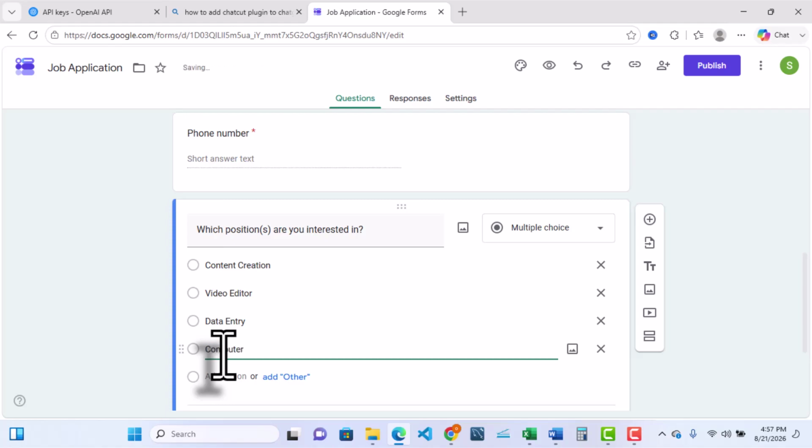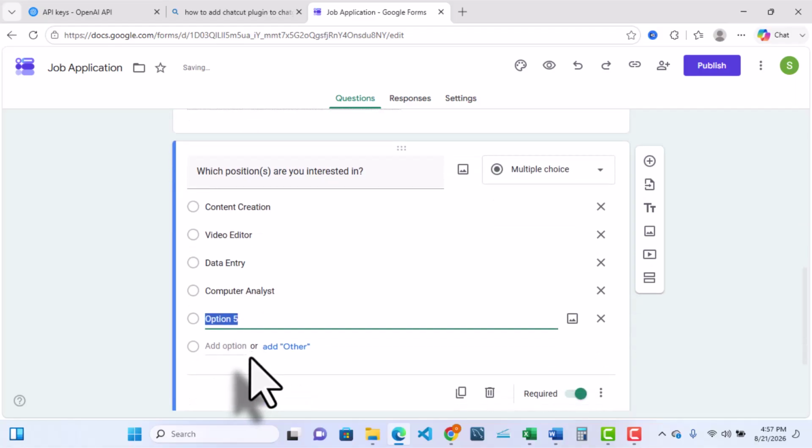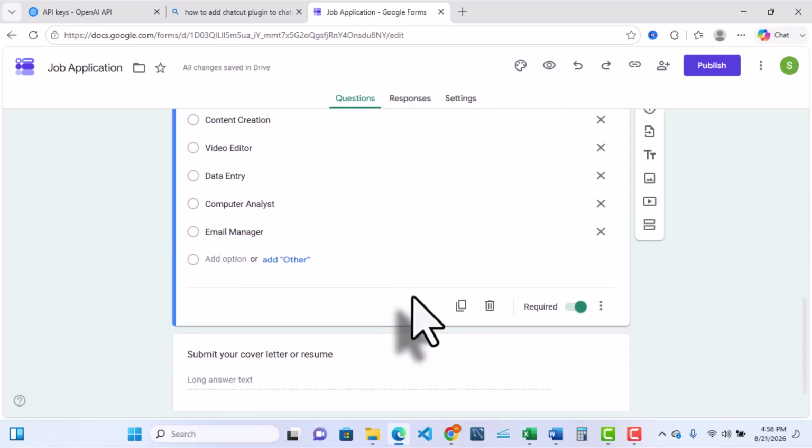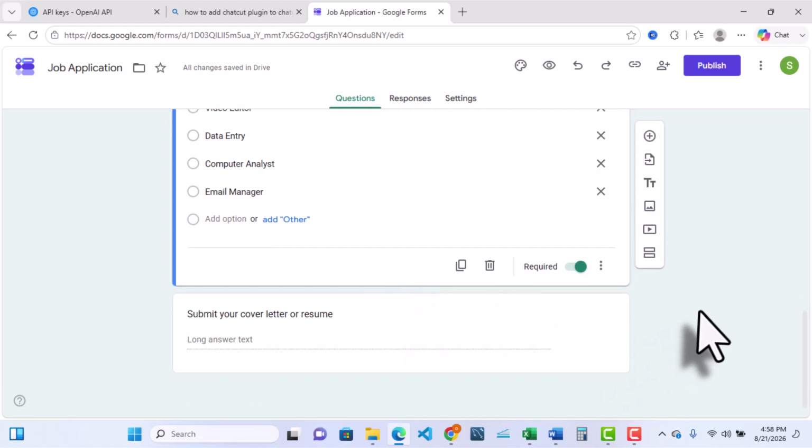computer analyst. Then you can possibly click here now to also have email manager, and the rest of them. So from here now, one can just choose a particular option that he or she actually wants to apply